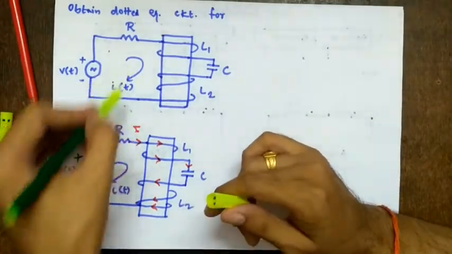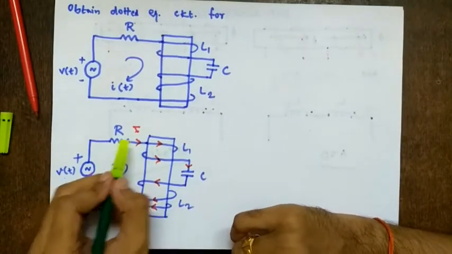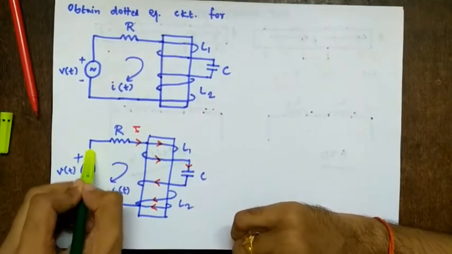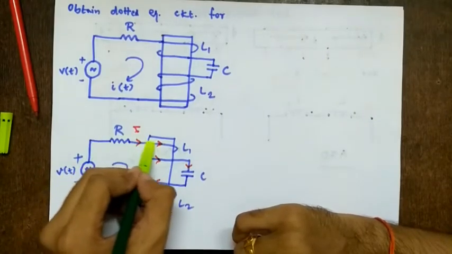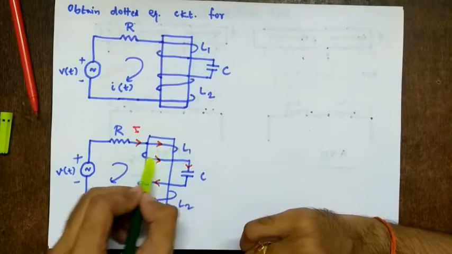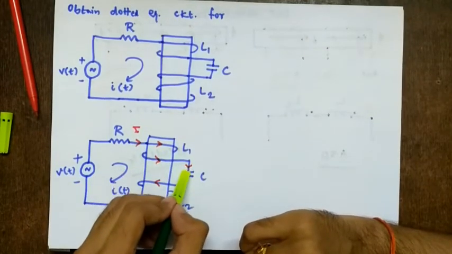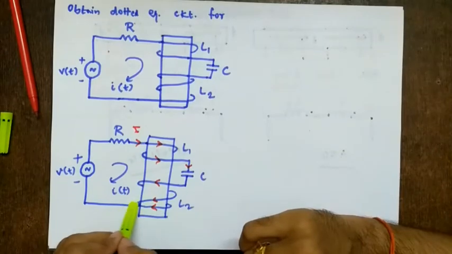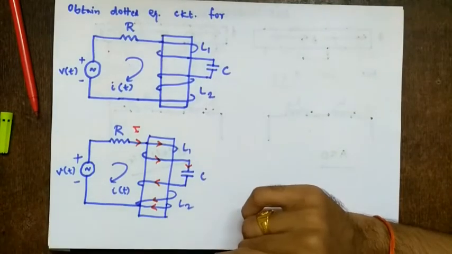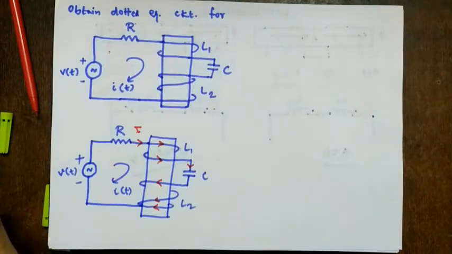The first step is to redraw the network as it is. The second step is to show the direction of current. How will you show the direction of current? This is positive, so the current will obviously go like this. So it will come here, then follow the wire itself. Very simple, just follow the wire. So it is going like this, then behind, above, behind, above, right?